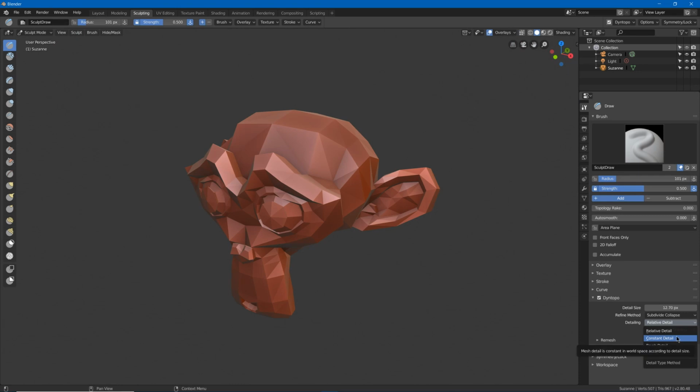Constant detail means that it always goes with the same setting based off of this. Doesn't matter if you zoom in or out or change your brush size. Brush means that it adjusts based off the size of your brush. If your brush is bigger, the resolution is going to be lower. If your brush is smaller, the resolution is going to be higher. And then there's manual detail, which will not add or subtract detail. If you were to choose manual detail, the only way to change the resolution